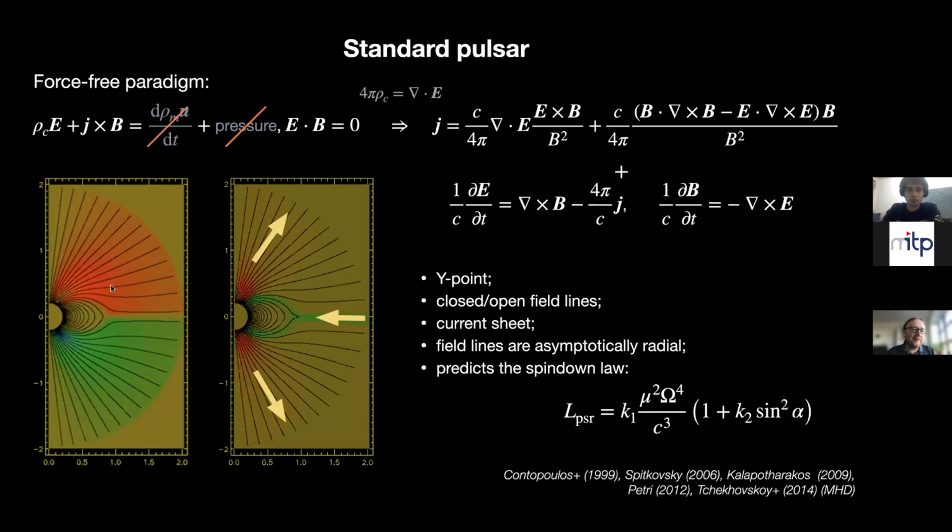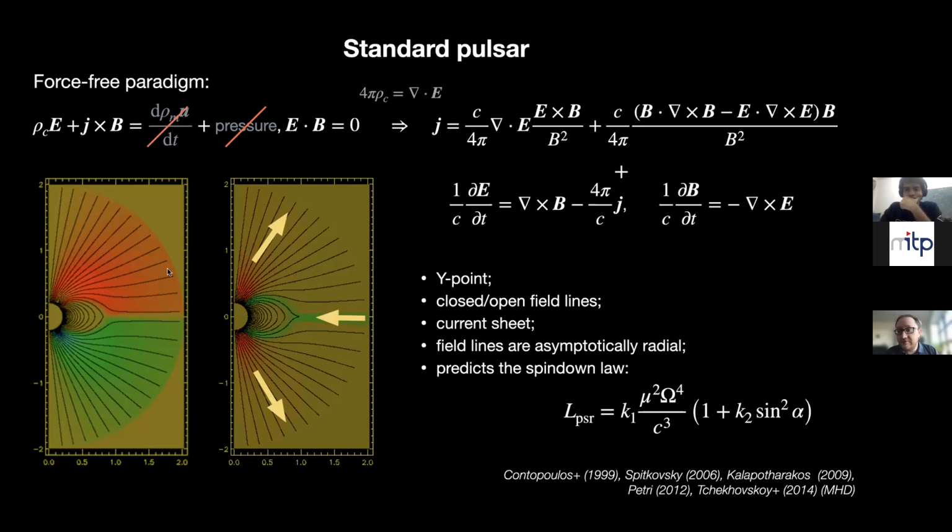An interesting feature happens here. This vertical line, we call it the light cylinder. This is basically a cylindrical radius at which, if the plasma wanted to co-rotate with the star, basically rotate together with the pulsar, it would have to do it at the speed of light. So obviously beyond this surface, the plasma can no longer co-rotate with the star. So what happens is that these field lines open up and the plasma streams radially away from the pulsar along these open field lines. In the process of screening the electric field that I told you about in the beginning,